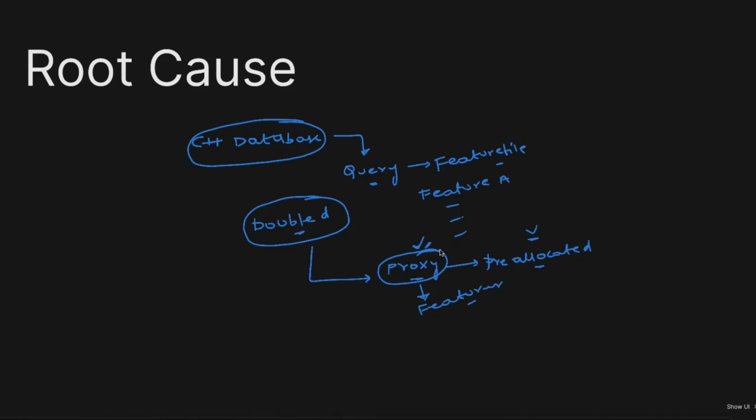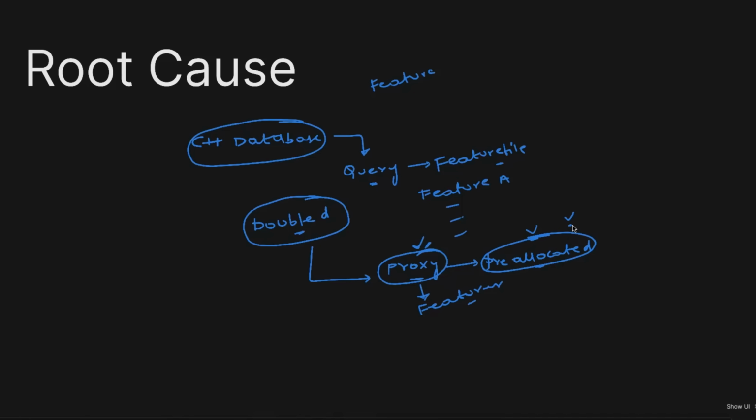A small proxy server that is running on every Cloudflare server was expecting a feature file with a set of features. Unfortunately, that got doubled because of DB permissions and the proxy server crashed. The main culprit here is the pre-allocated memory. We are not really sure why they took that call, why they pre-allocated the memory. The reasons can be anything, but that led to this huge outage.